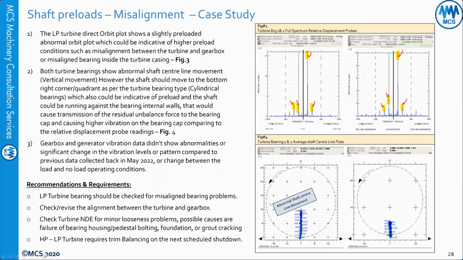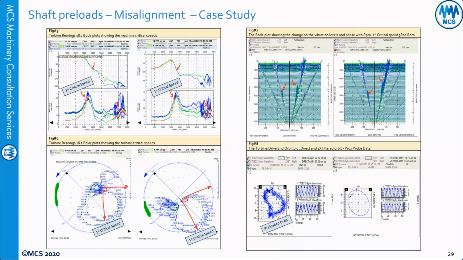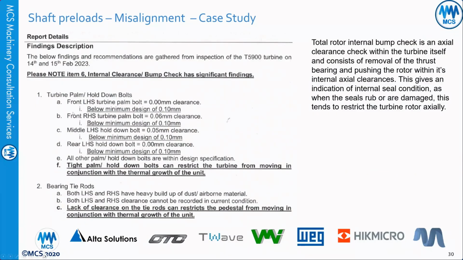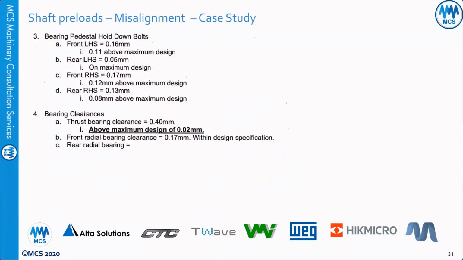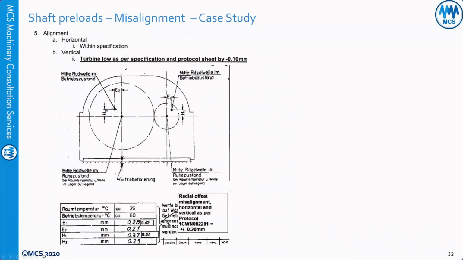We have abnormal shaft center line. We have high bearing cap vibration compared to the relative displacement. And then we decided, okay, we will check the alignment. And yes, this was the case. The machine was out of alignment, and the Siemens guys came to check the alignment, and